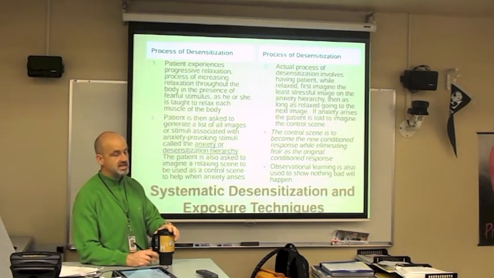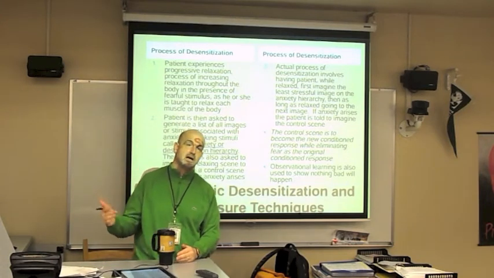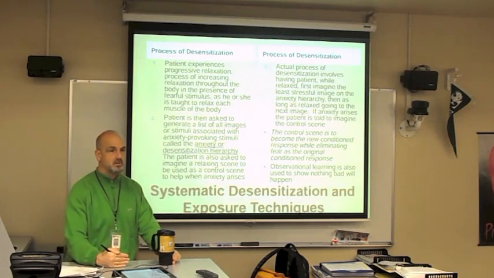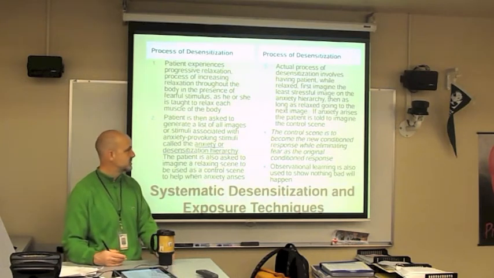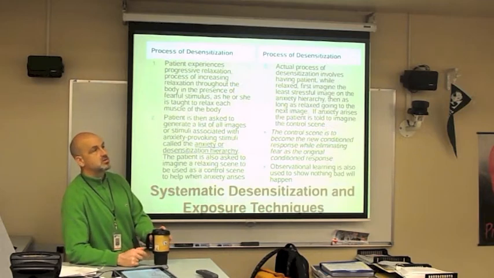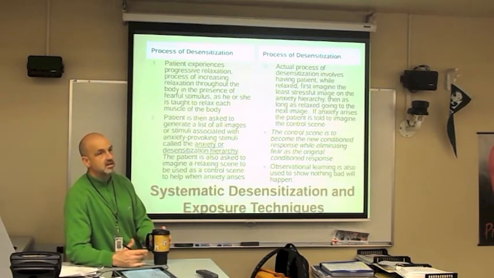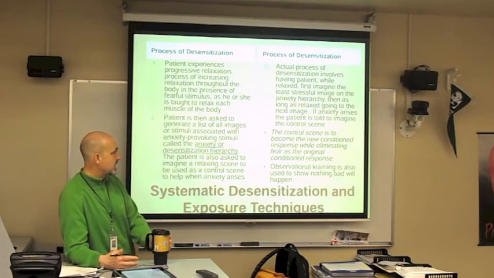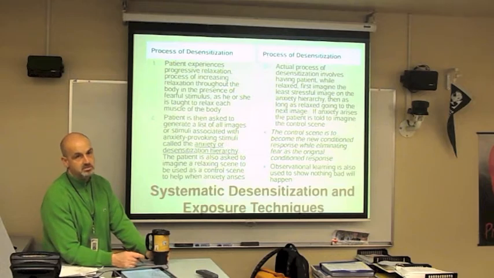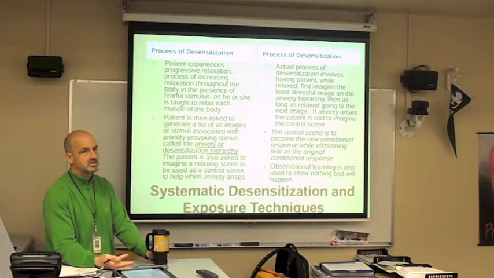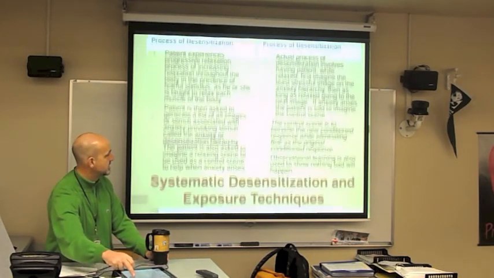Now, if the therapist notices that they get to a point in the hierarchy that causes too much anxiety, they then go backwards, and then they start over. In other words, they're trying to replace these original conditioned responses with new ones. Now, the control scene has become the new conditioned response. So in other words, when they see a snake, instead of getting scared, they imagine or they associate a beach, or sitting on a beach with the snake. Now, observational learning is also used because they will watch other people with the snake, seeing that they don't have any problems, experiencing no problems, and that will help them along this process.